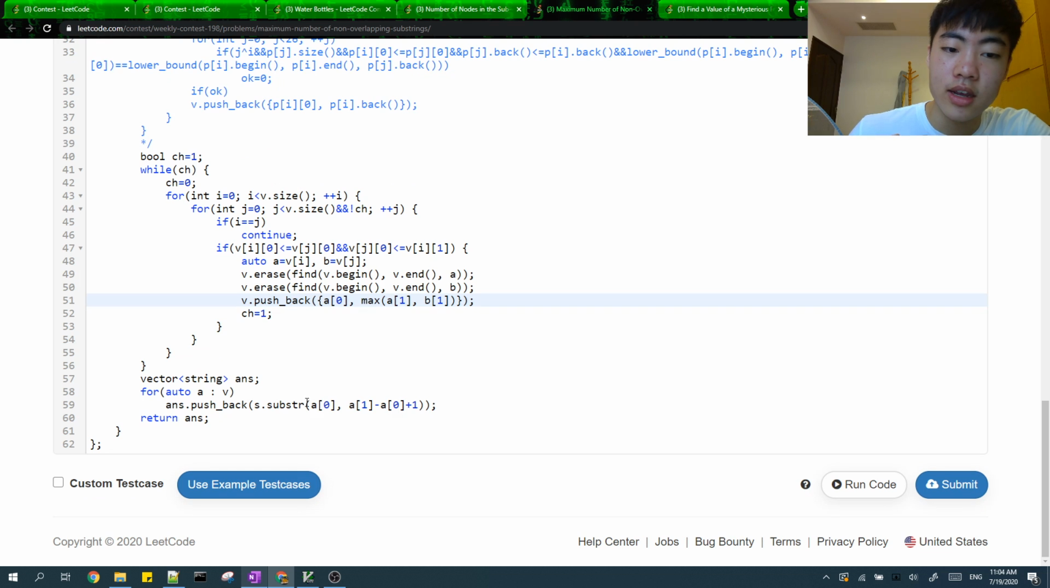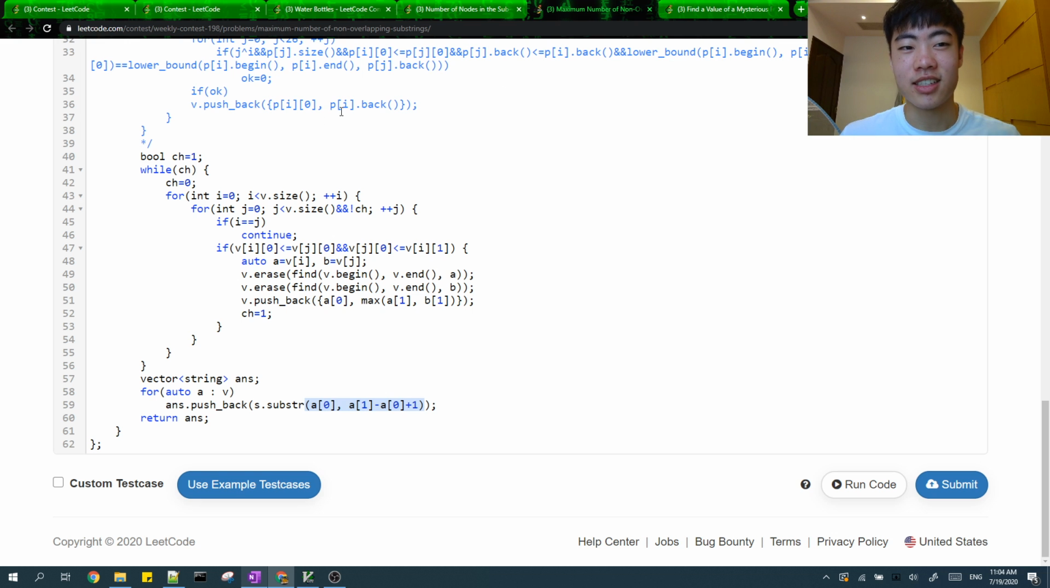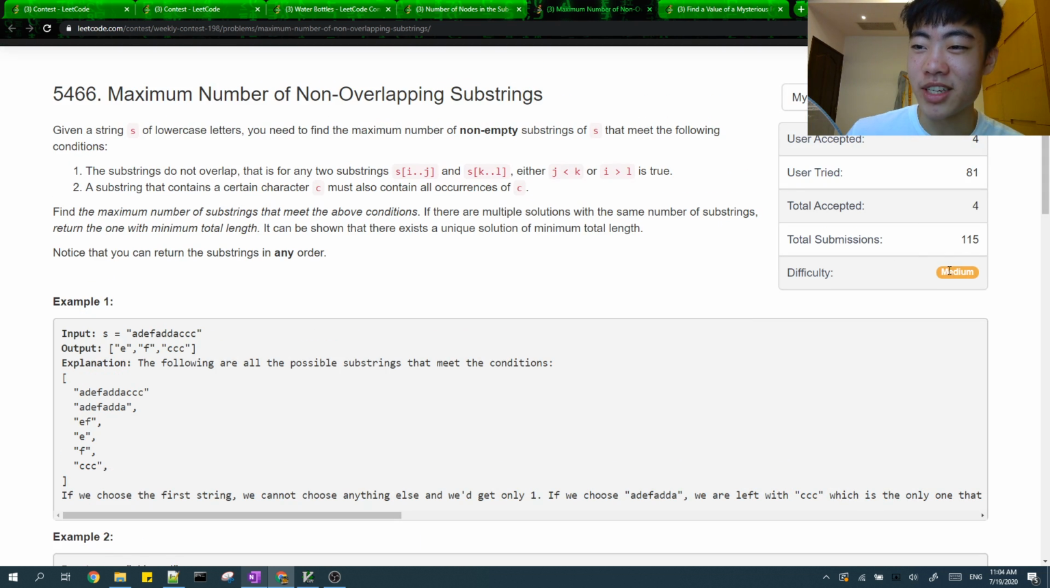After that, we convert our ranges into actual strings. Yeah, this one, I don't know why this is a medium, but